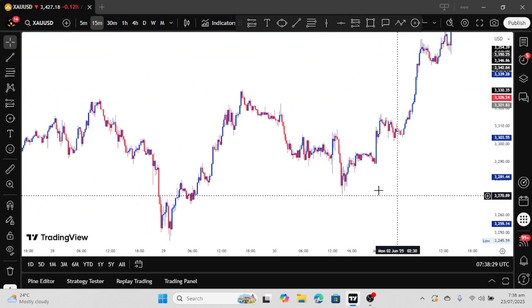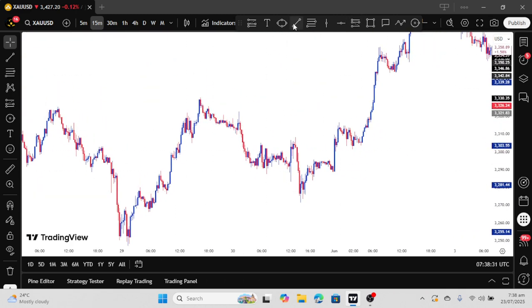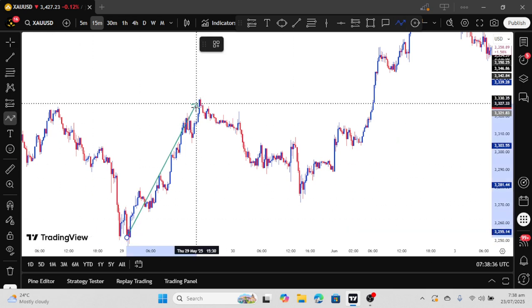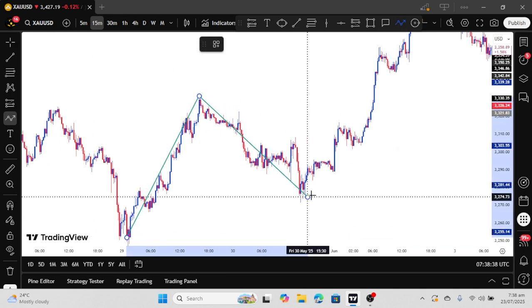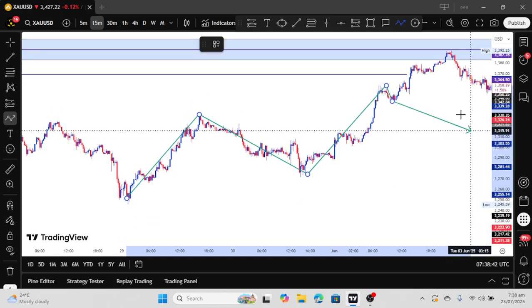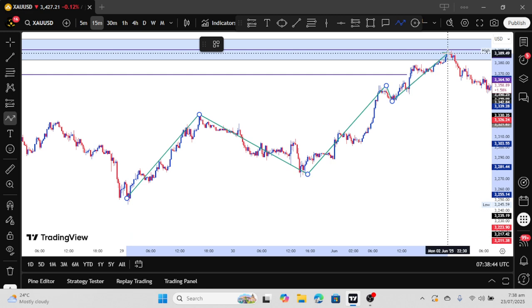So you can see this trend is, we are uptrending here, we have been uptrending. So let me show it to you here. So higher highs and higher lows on gold here. From here, higher highs and higher lows, higher highs and higher lows. So if I should see a tap in here,